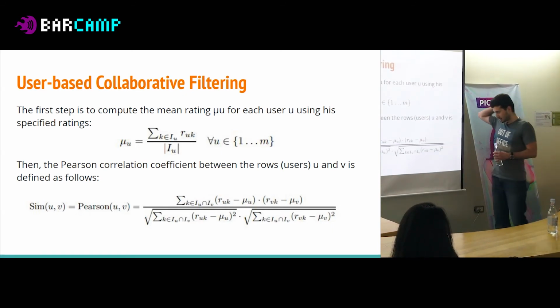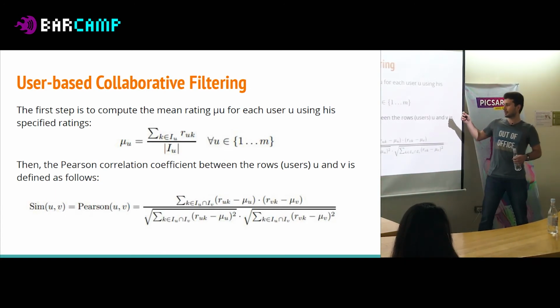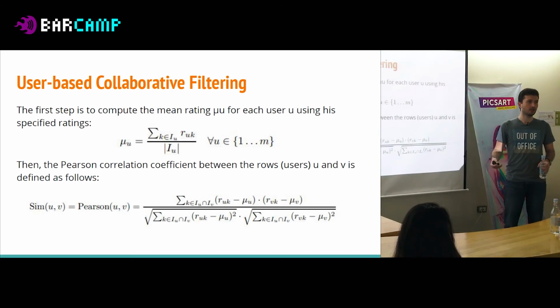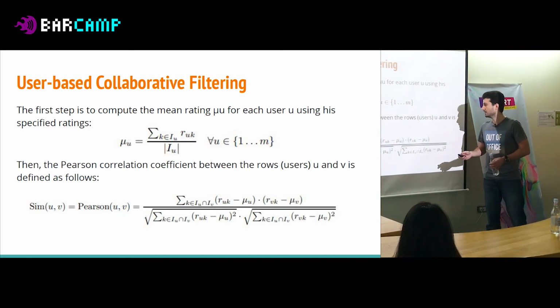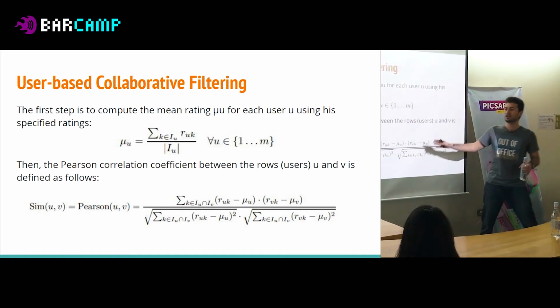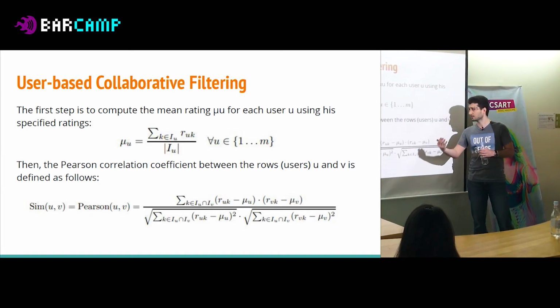Okay, so there would be some notation in this presentation. I will give intuition, but I will not go into details because we will not cover it. It's not possible. So this just shows to what extent they are on the same line: the ratings for John and ratings for Rachel.